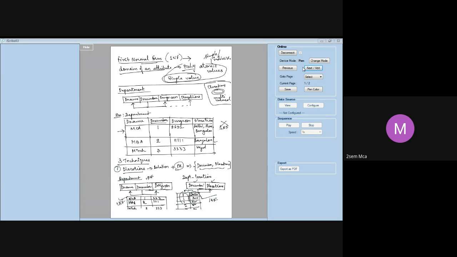So when we took this whole table, 1NF was violated because of this D locations attribute. So we cannot leave it at that, saying it is not following 1NF. So I break it up into 2 smaller tables. How do I do this? Since D location is a multi-valued attribute, I push this D locations into a new table along with the primary key of this table. So the primary key of the new table will now become D number plus D location. Since I have removed it and put it in a new table, my department table will now look like this: D name, D number, MGR SSN, and that's all, which is very much in first normal form.